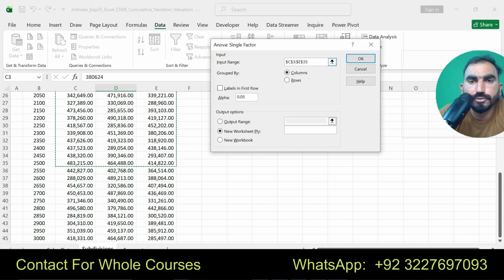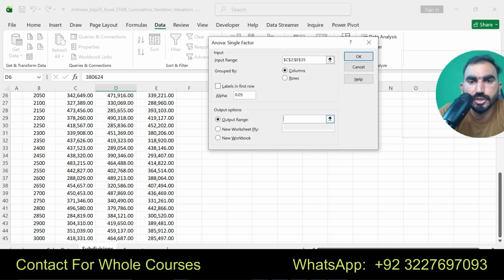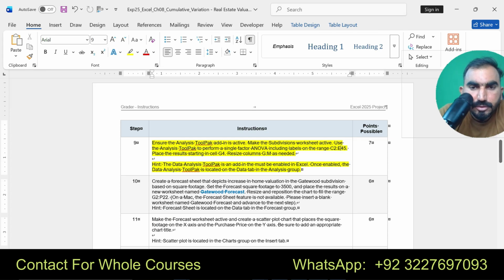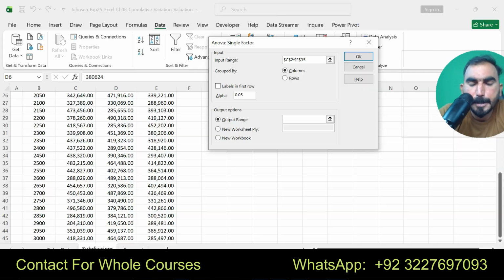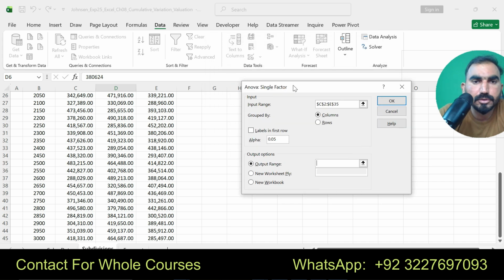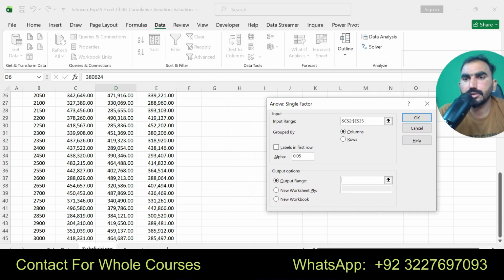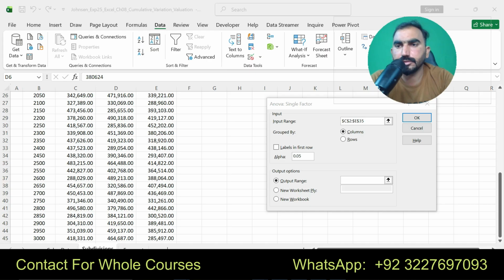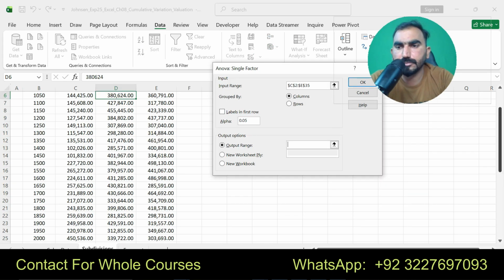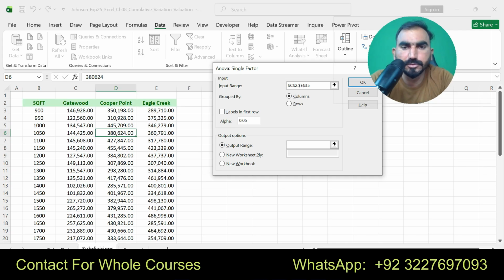C2 to E35, and the output is G4. Here you can see.